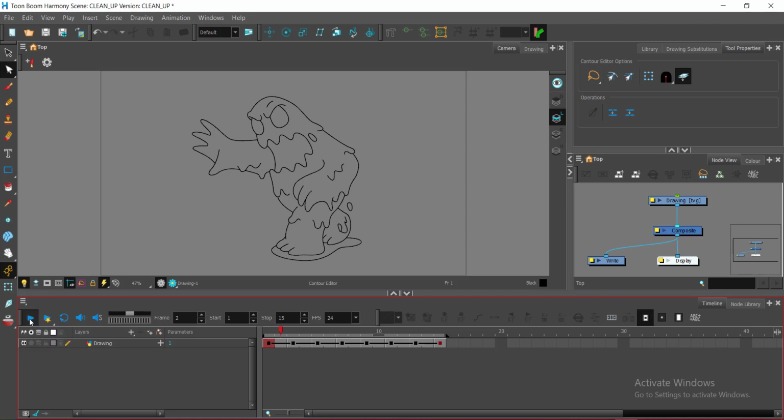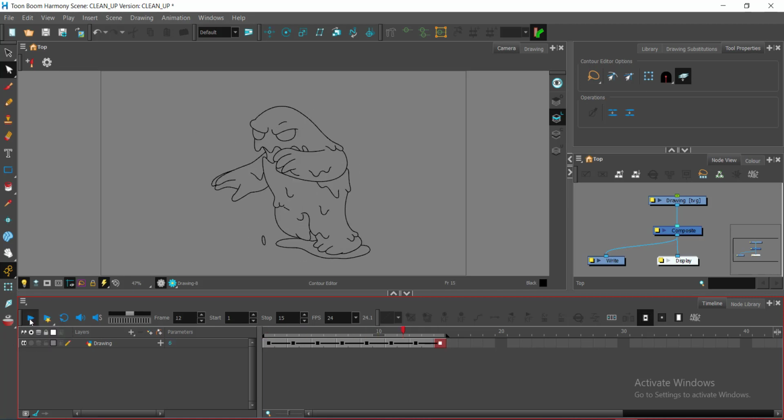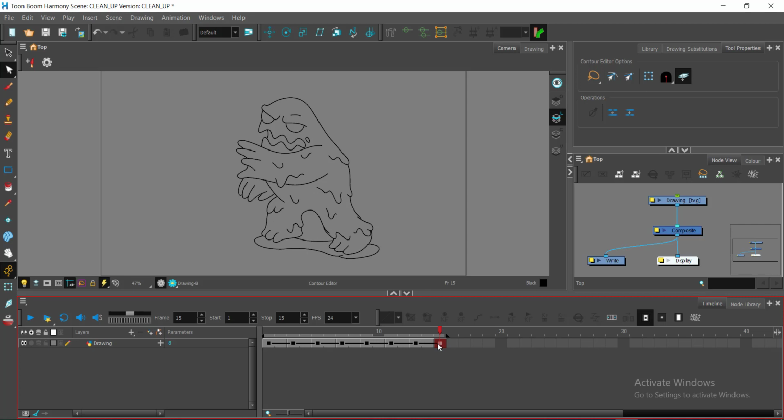When you play, yan, makikita ninyo, humihinto na ako sa frame 15. Sa last frame ng inbit ng aking cleanup. So this means sinet ko itong aking frame stop sa 15. Kasi sa inyo by default naka 60 yan. So tutuloy-tuloy siya. So ako dahil 15 lang yung aking drawings or yung aking frames, I've set it like so. So pag pinlay ko siya, ganun lang. Okay? So yun yung mga ginawa ko